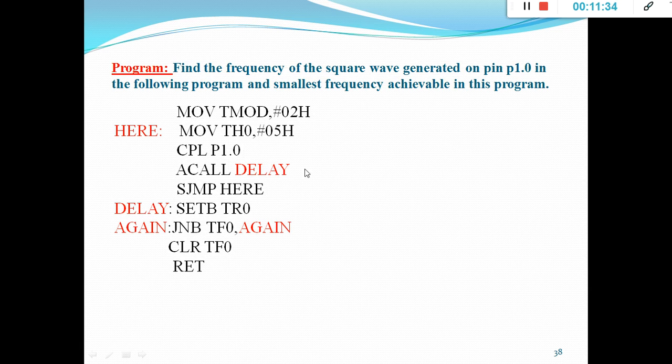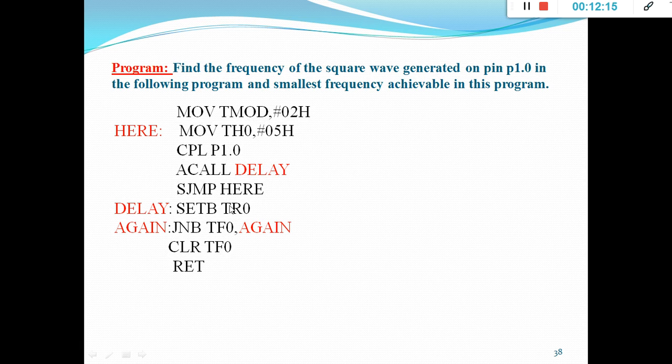Then you can write a program using a subroutine or without a subroutine. This is a program with a subroutine. Whenever I need a timer program, I am going to call it in the main program. For that, I used ACALL, that is, A stands for absolute call, delay. This is a delay label, where in this delay I wrote the timer program. Next, after this, I want to start the same process again, so I go for SJMP here. That's a short jump, which you can use in the same program. Short jump here means the value is loaded again, it's going to generate a square wave again, it will start the timer, and the same thing will happen.